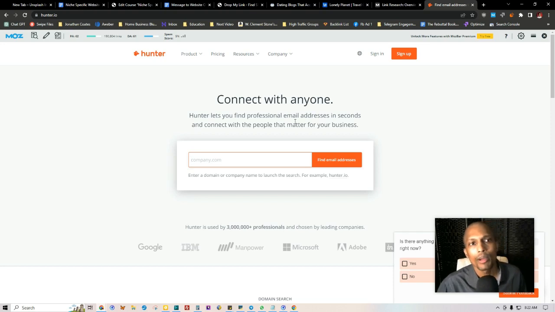And then you can offer to create useful and valuable content, whatever type of blog articles you're already currently creating for your site. You can offer to create something for their site that'll complement their message and that their audience is already going to love. All right, so yeah, that's pretty much it.